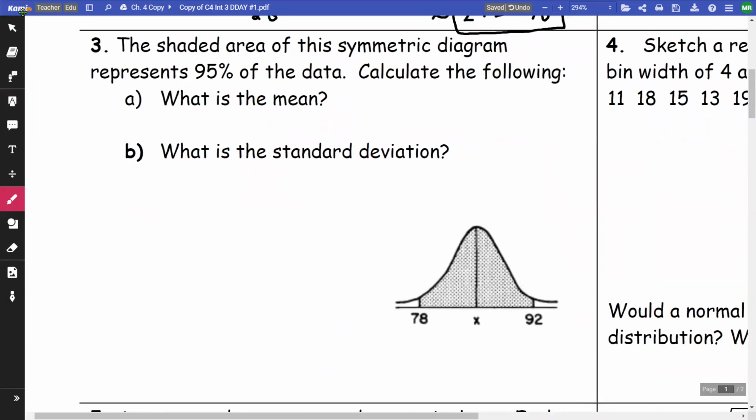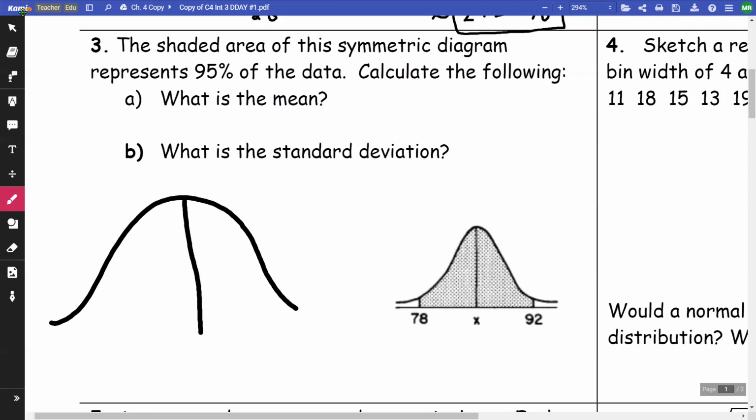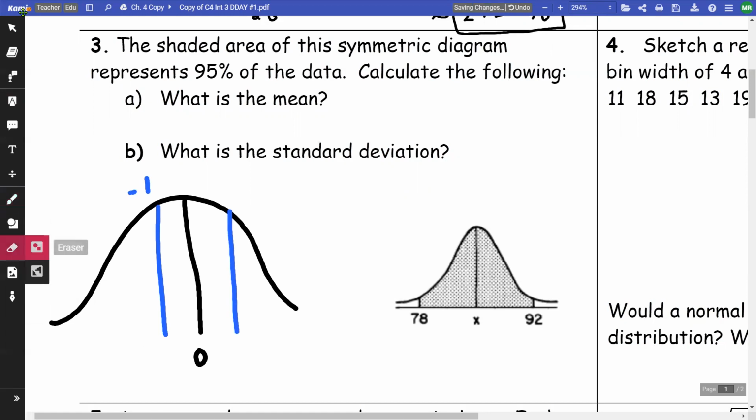Okay, on number 3, the shaded area of the symmetric diagram represents 95% of the data. Calculate the following. What is the mean? So to figure out this mean, since this is 95%, we had seen that when we have a standard normal curve, let's say we have a mean of 0, and we go out 1 deviation, so I go -1, and here, I'll just put mean. I won't put a particular value here, whatever the mean is. And I go out +1,